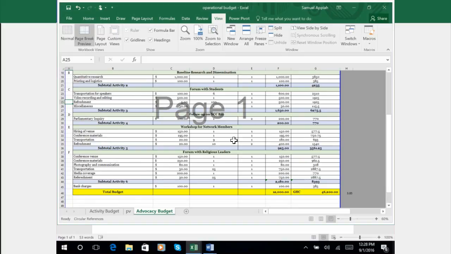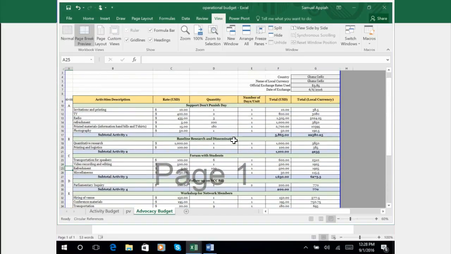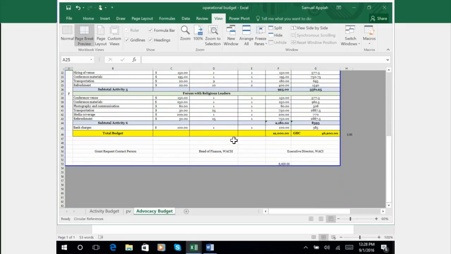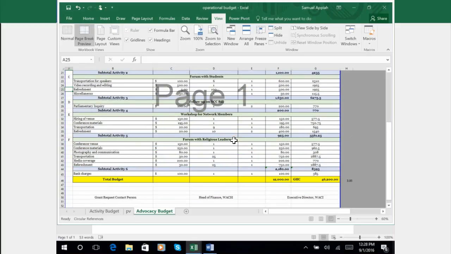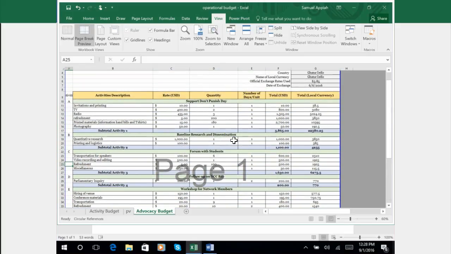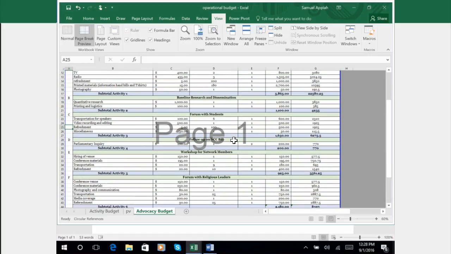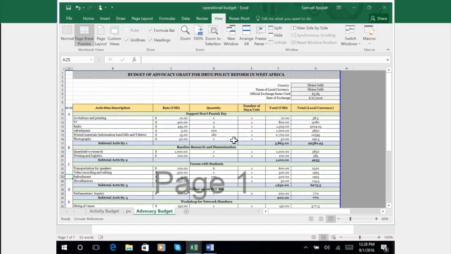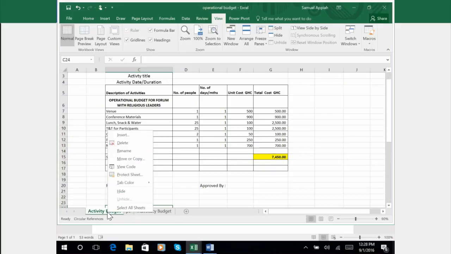So you see that we are taking the case of, let's say, Ghana, whose activities amounted to, let's say, 12,000, and that they had different activities: the support don't punish, the baseline research, the forum with students, all adding up to 12,000. But this is the main award. And how will they be able to do this? In the event of them doing a support don't punish activity,